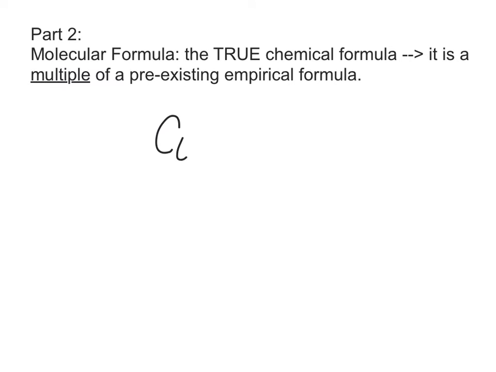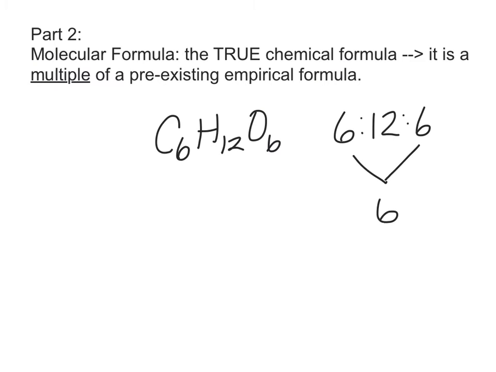Glucose, C6H12O6. If I look at the ratio, I can tell that it's not an empirical formula because the ratio of the subscripts is not in simplest form. But if I do reduce this, I can see that I can take a 6 out of all of these to change my ratio to 1 to 1. So now I'm going to take this ratio and show you the empirical formula where glucose comes from,